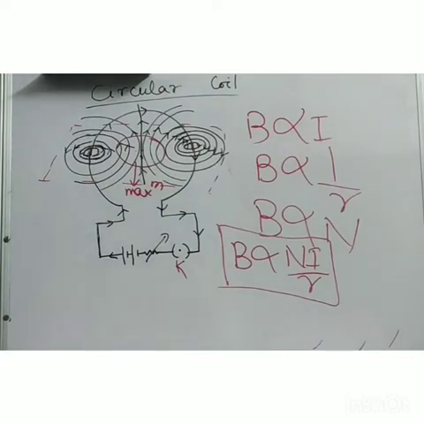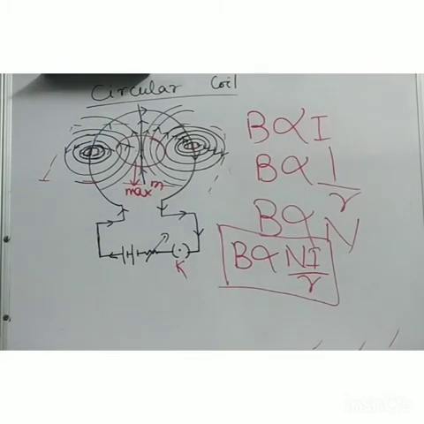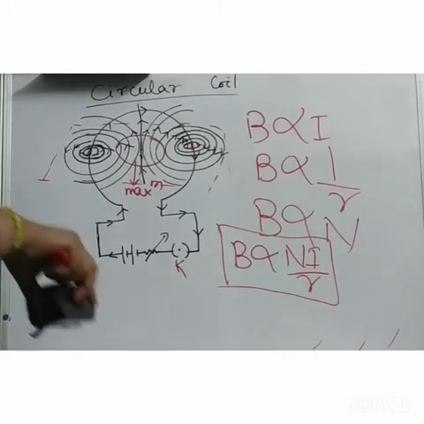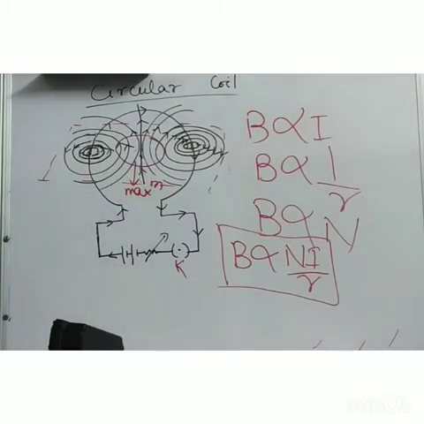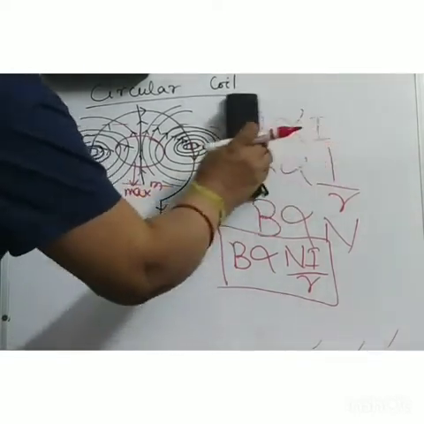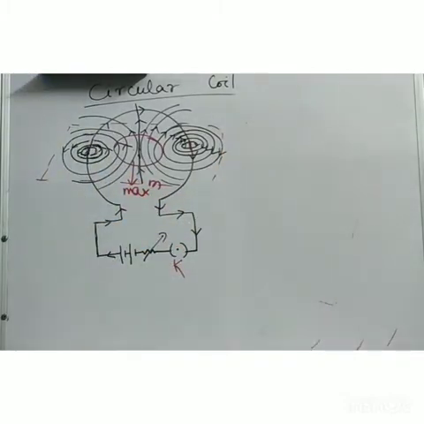Clear? Now we will move to the very important part, that is the direction of the magnetic field. How will we get the direction of the magnetic field? First we have seen, we have applied the right hand thumb rule. Easy, we can use the right hand thumb rule and get our field. Now we will try to understand different rules to get the magnetic field direction. Here also is another thing, how it behaves like a magnet, we'll try to visualize now.